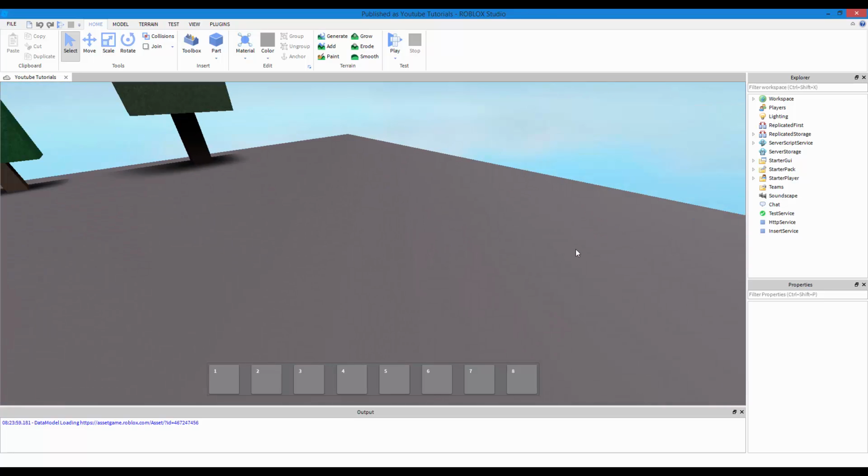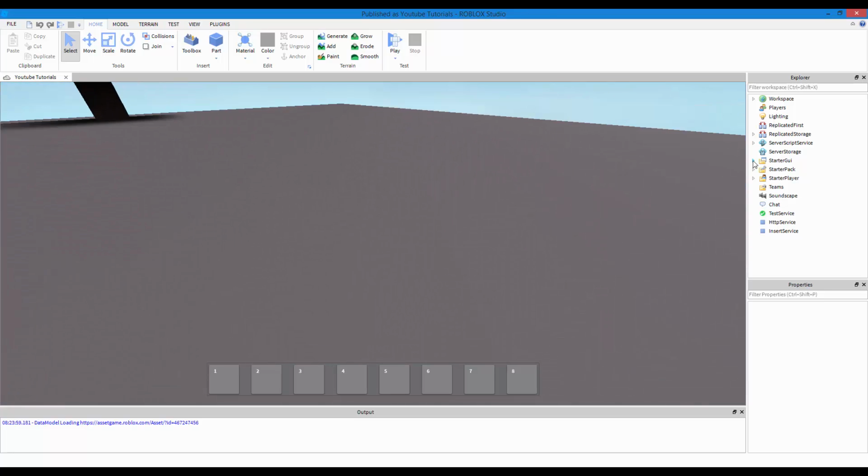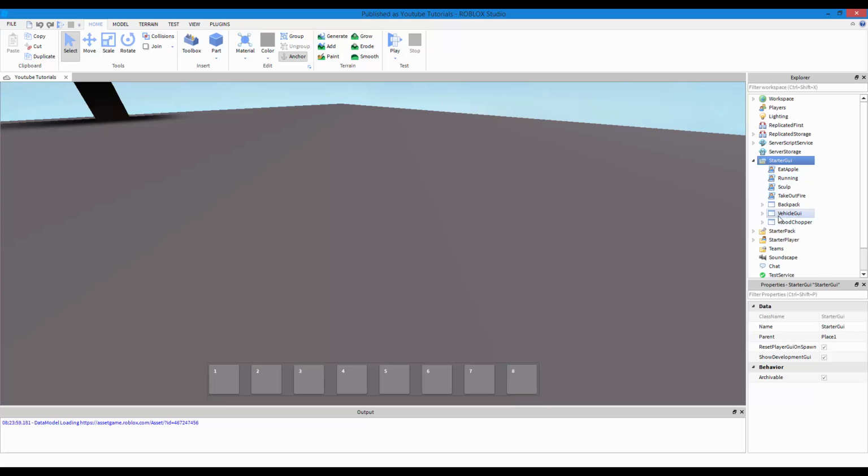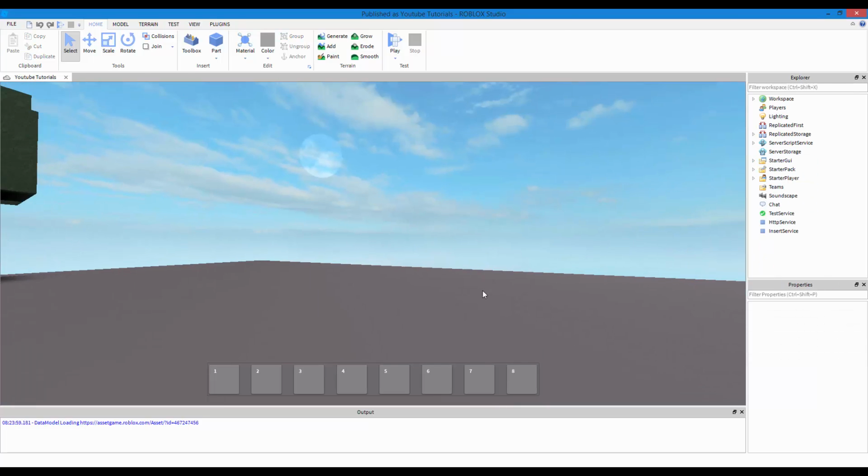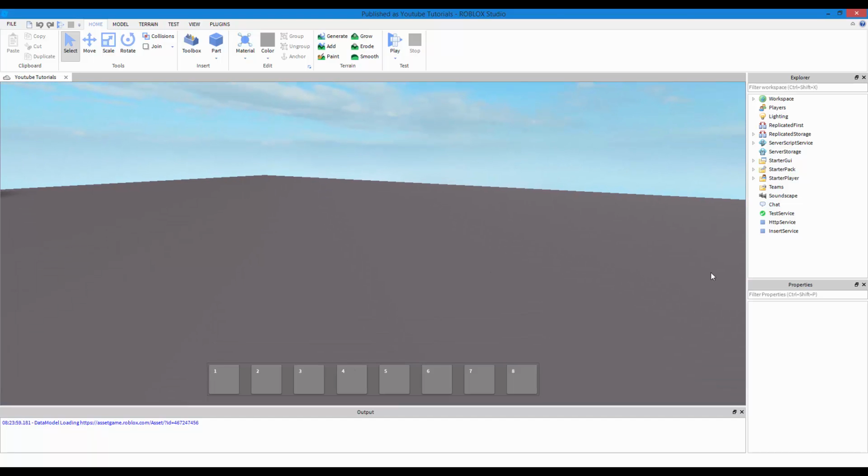I don't think this tutorial has been made. So, some of you guys, or probably a lot of you guys, might not know this, but Roblox added some new constraints. Well, GUI constraints. It's a really cool feature, and it's helped me a whole lot.